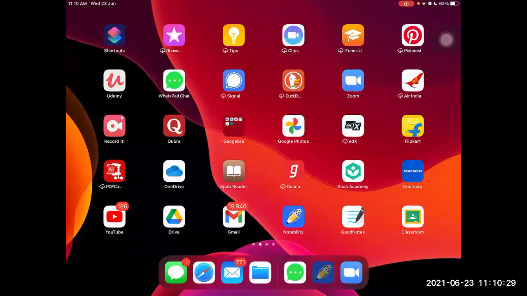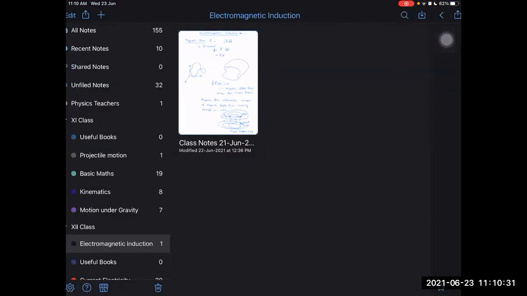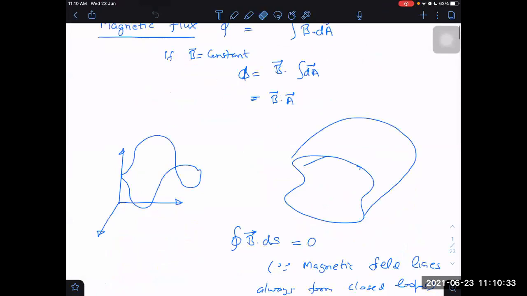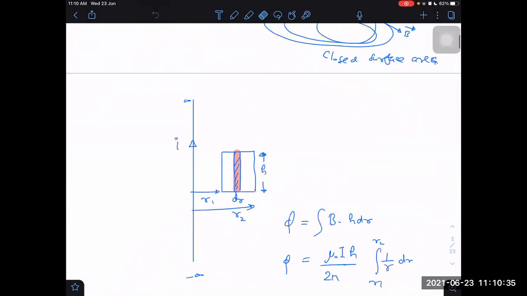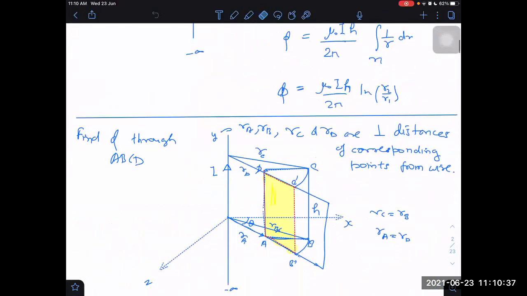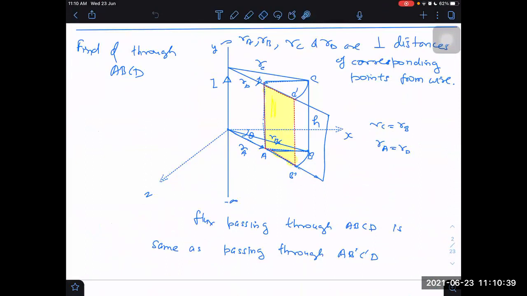Now, electromagnetic induction. What we have done so far is the magnetic flux formula, B dot dA. Nilkanta yesterday was asking this question. You did not understand this, how we do. I told you that whenever a loop does not lie in the plane of the wire, then what do we do first?